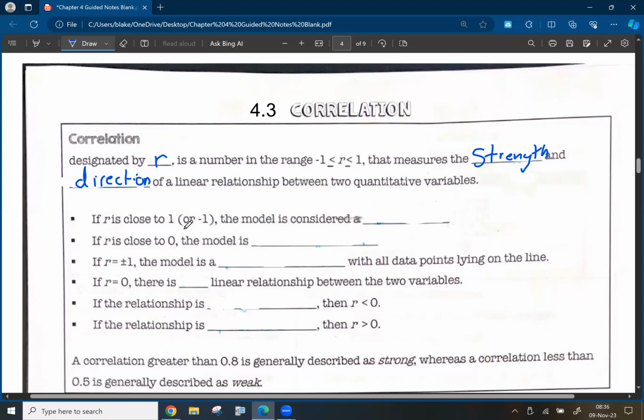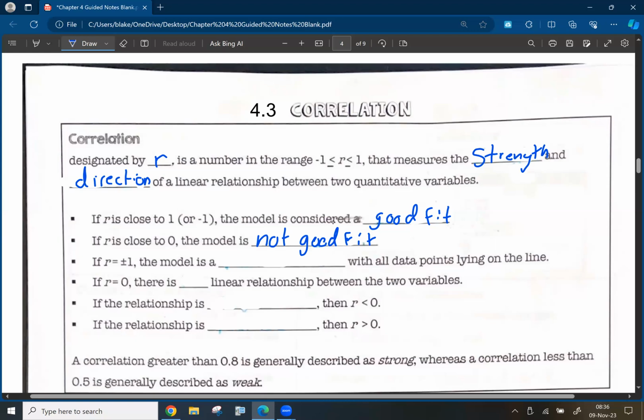So if R is close to 1 or -1, it is considered a good fit. Basically, that's like getting a high score in a dunk contest. So remember, +1 or -1 are both good fits. Anything close to those numbers. If R is close to 0, the model is not a good fit. So it could be like -0.2, +0.2, something close to 0 is not a good fit, whether it's positive or